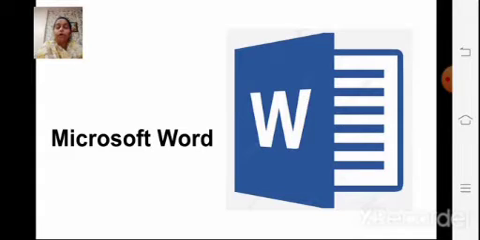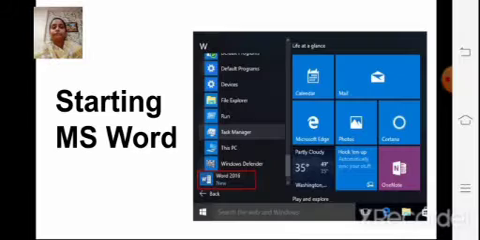Here we will see how to edit the document, how to format the document, how to check spellings, how to insert text, and how to delete text. So many features of Word we will learn today. In this lesson we are going to learn many different features, formatting and editing.